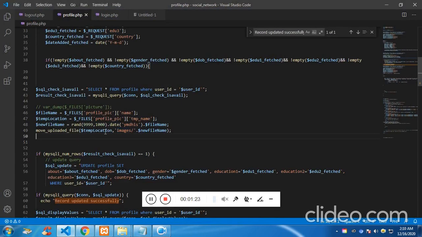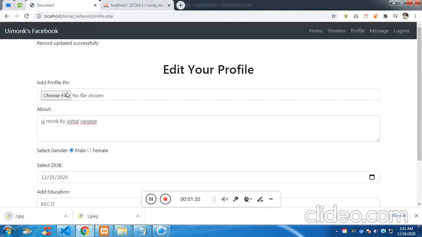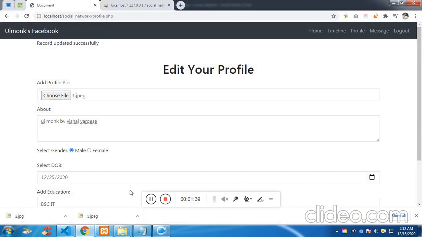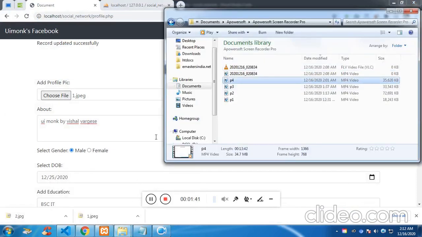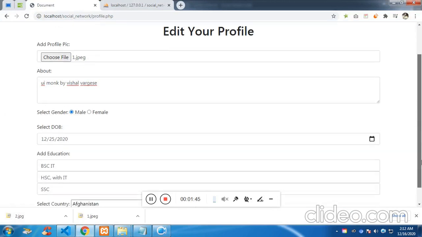So let's try to upload. I have downloaded the images from Google, which is my image. So let me choose the downloaded image. Let's see. At present the images folder is blank, but if I click on submit,